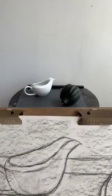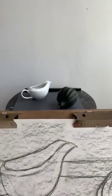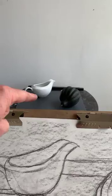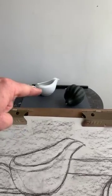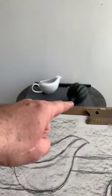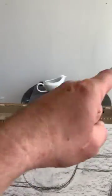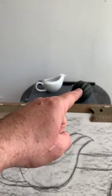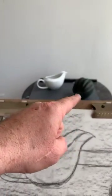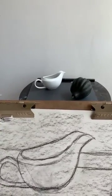I'm going to start my drawing, shading things in first. I'm going to be looking for these basic values: the gray of that versus the grays sitting in here, and then the contrast of the black that's going around here. Again, I've got one light source coming from the window over here, and you can see the light over there. So I'm going to start working on this very basic and general stuff right now, okay? So I'm going to take a